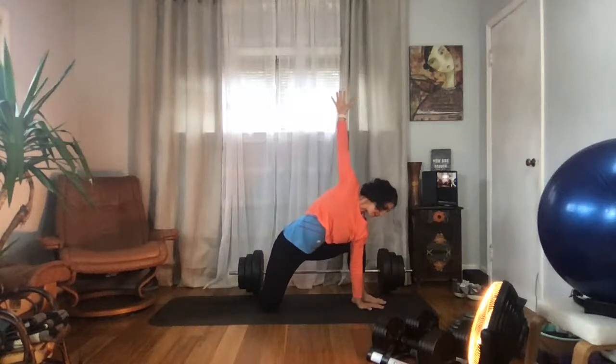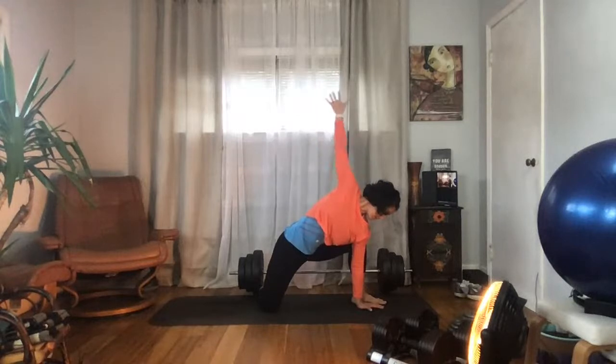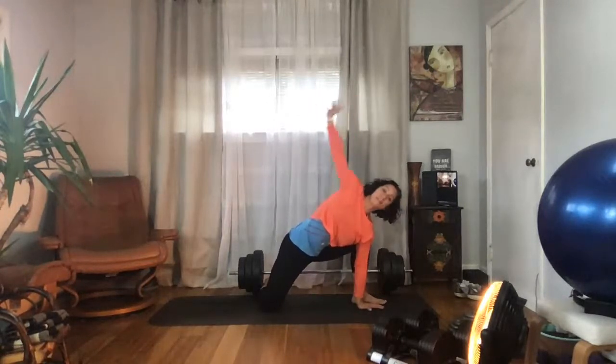I was in a car accident a couple weeks ago, so my neck mobility is a little bit limited, and my hip is bothering me,